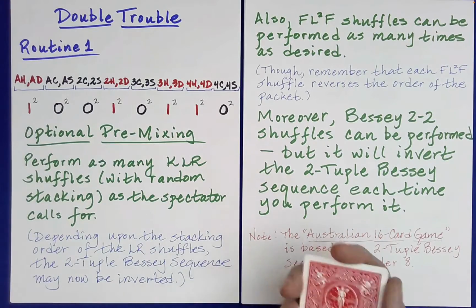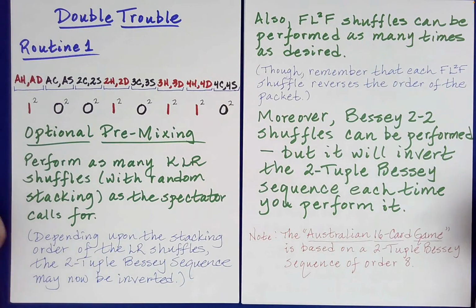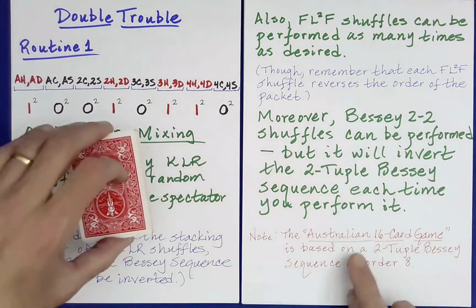But it won't harm any Bessey structure whatsoever, actually. And then I point out that we can do a Bessey 2-2. Oh, let me make you aware of something. If you go to the Hidden Structures YouTube channel, on the channel there is a performance called the Australian